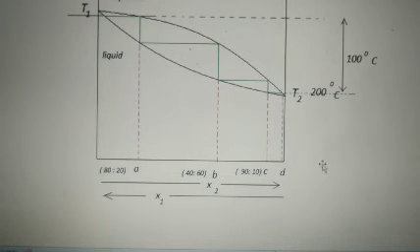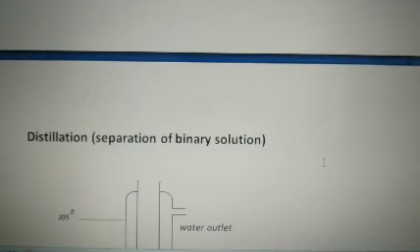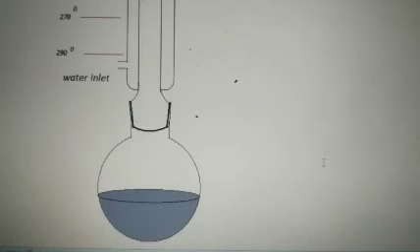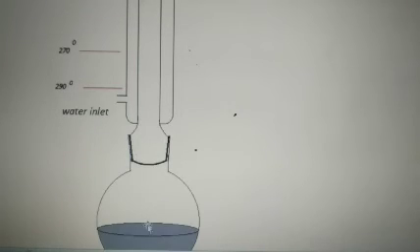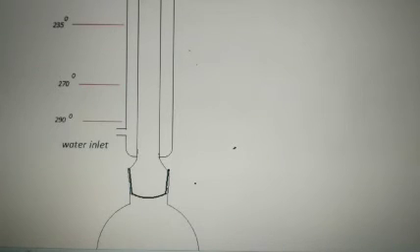How is it achieved practically? So coming down to this apparatus which is shown here. That is a round bottom flask in which the mixture is placed. The assembly above it is termed the condenser. What is a condenser? It is a tube that runs through from one side to the other side. There is no inlet here. It is liquid that can run from here and it can come to the outside from here.